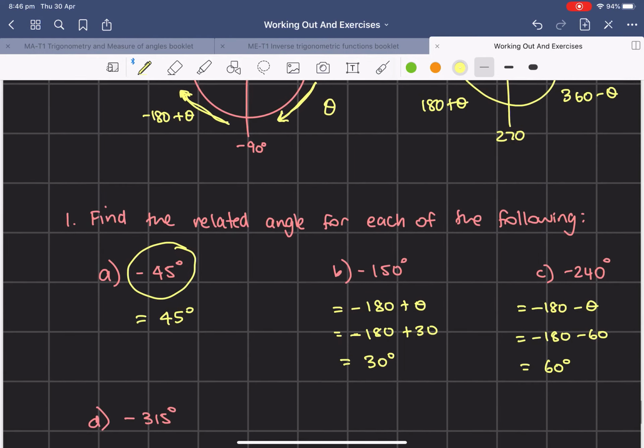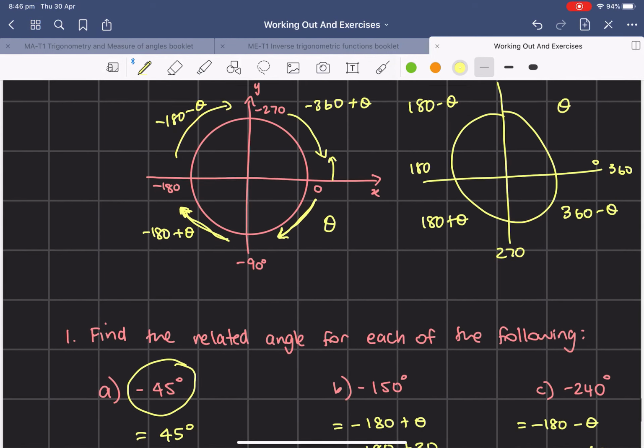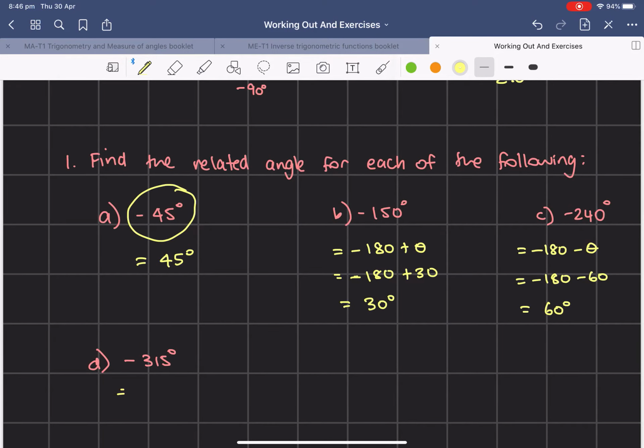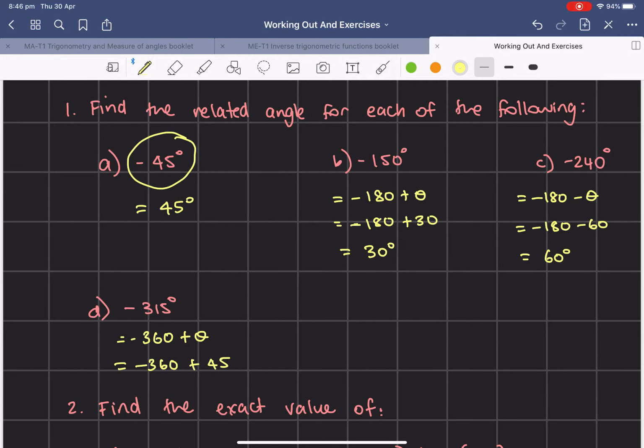And the last one, 315, is in the fourth quadrant, so that's negative 360 plus theta. So negative 360 plus 45 is going to give me negative 315, so the reference angle is going to be 45. Okay,